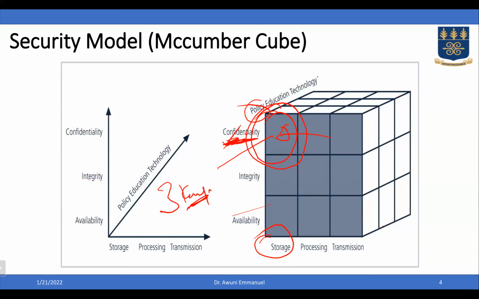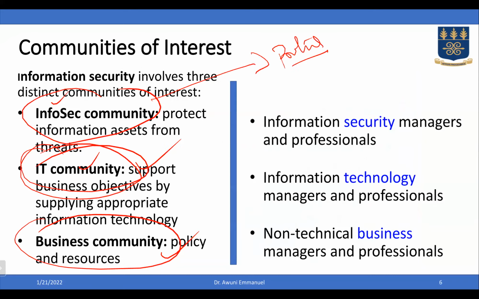I know that many of you are already IT experts, and you're also security experts in your respective business organizations. You realize that even to come out with something to help the organization, you need certain people at the table so that you can take a decision. If you want to develop a program, develop software, or introduce software to help the organization, you need all these communities of interest to be part of the process.